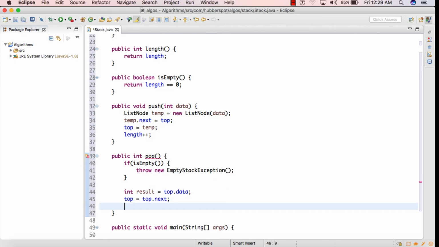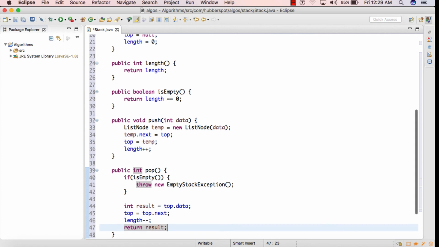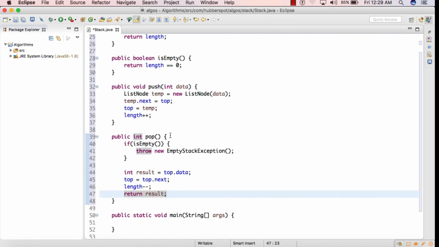And finally the top has moved to its next node, so that node will be garbage collected, and we can simply reduce the length of the stack by 1, and finally we'll return result.